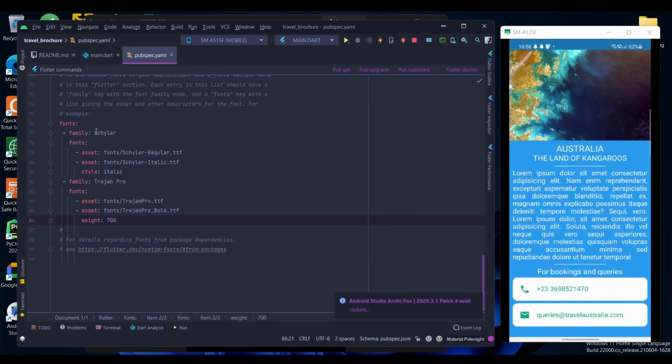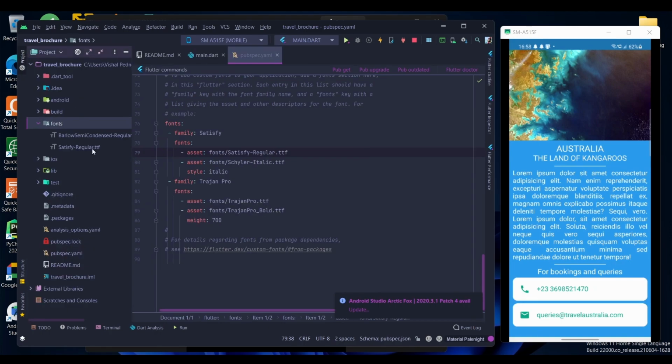Okay, so first our font family is now Satisfy and its location is in fonts folder, and the file name is Satisfy-Regular.ttf. Satisfy-Regular.ttf, that's right. We don't need other things.